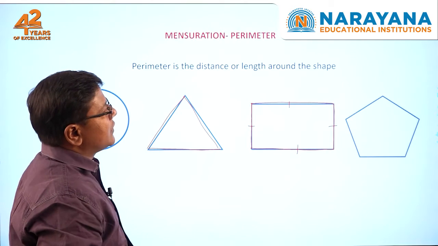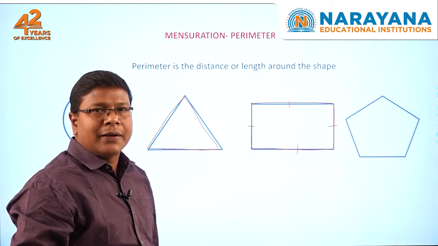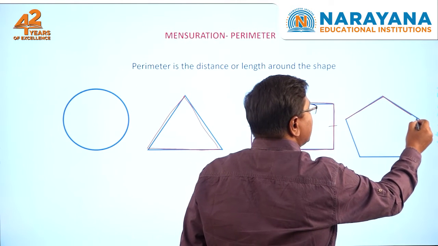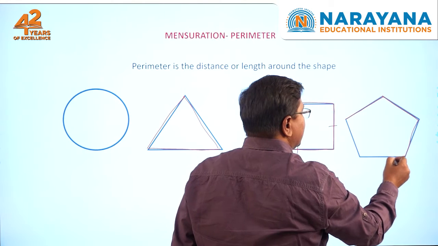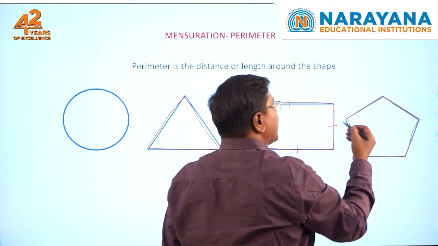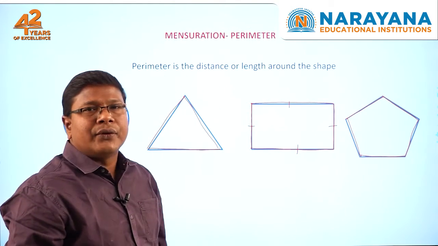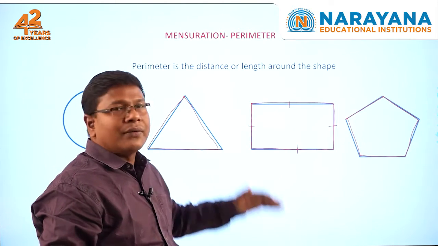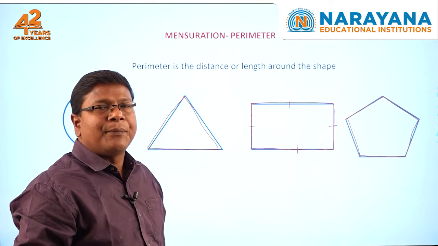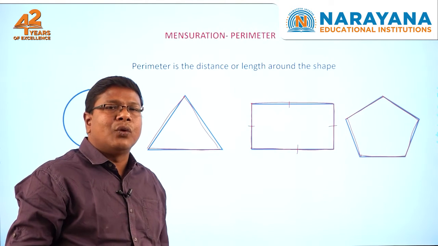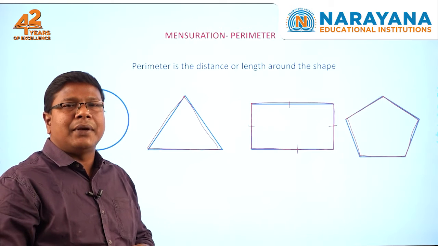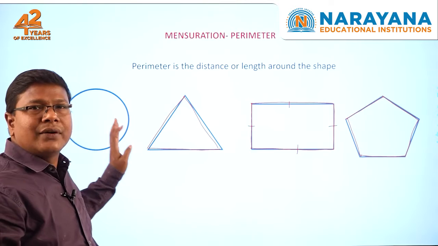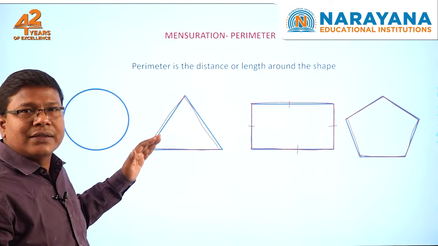Now, suppose it is a 5-sided polygon. In this, the total boundary along all the sides gives the total length, which is called the perimeter of that shape. So, the perimeter, the total distance depends on the shape of the geometrical shapes, right. In this chapter we are dealing with only polygons, finding the perimeter and the area of the polygons only, right, not the curved surfaces. You will deal with that in another class, right.